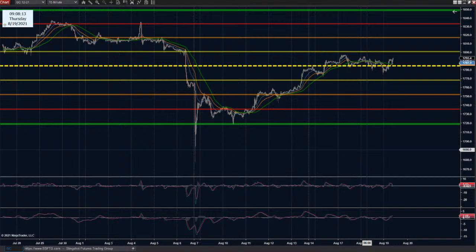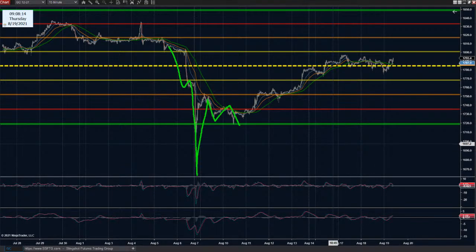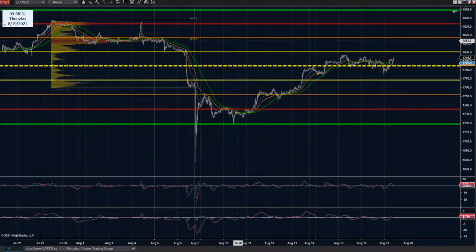Over on gold, after that ginormous V bottom that they put in, as expected, they did hold the higher low, higher low, higher low, higher low. Now we're going a little bit sideways. From the top to the bottom, if we go all the way across down to the impulse, obviously the POC is probably going to be somewhere up here, 13.3. We haven't made it up to that 13.3 area yet.